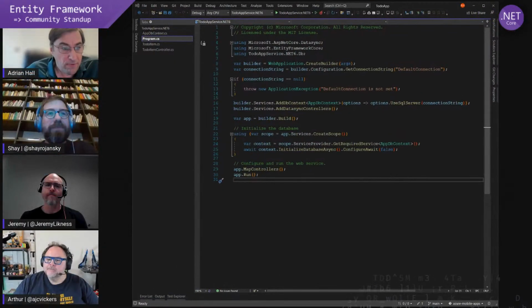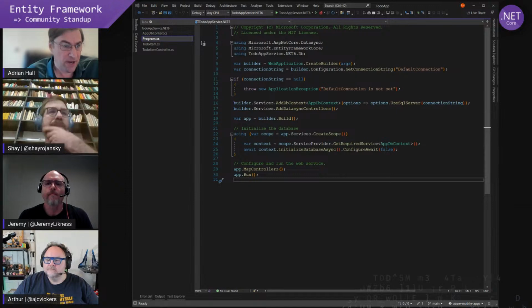So what I've got here is just a sample database, a typical to-do app, with a single model, single database. We handle lots of different tables, but this gives you an idea of the simplest case. And it's an ASP.NET Core application running .NET 6.